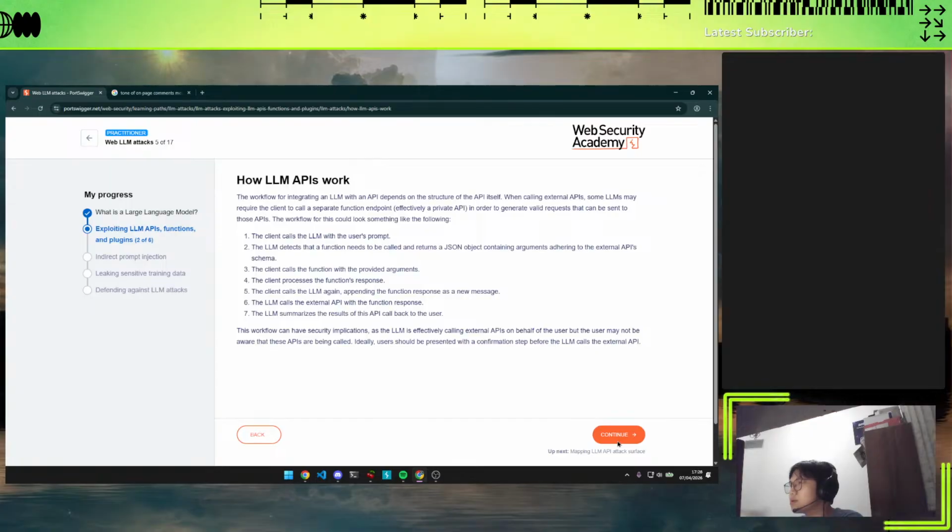Okay. The client processes the function's response. The client calls the LLM again, appending the function response as a new message. The LLM calls the external API with the function response. The LLM summarizes the results of this API call to the user. So it basically first calls the LLM with the user input. Then the LLM detects that the user input